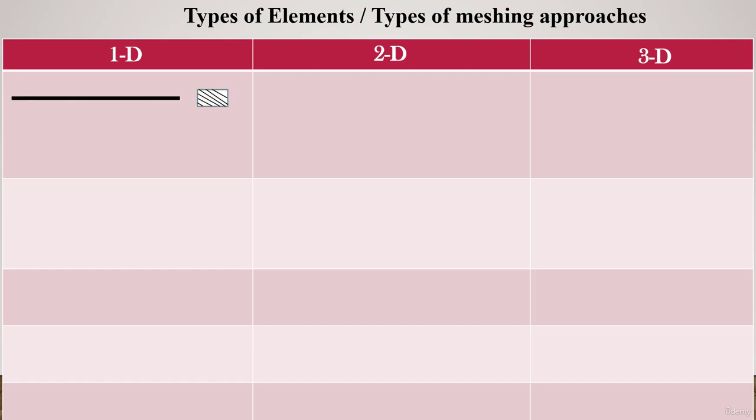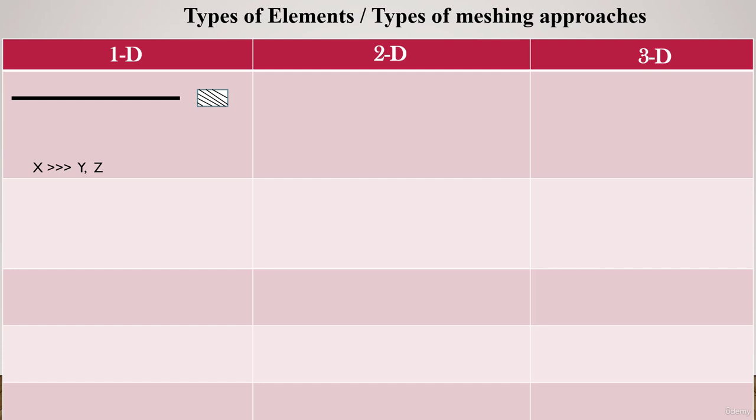Generally, whenever we have one dimension very large as compared to the other two dimensions, then we can use 1D meshing. Currently, here you can see a single black line has been drawn and just in front of it there is a rectangular cross section. So basically the length of the beam is very high as compared to its cross section dimension. Then in case of meshing, we just have to define the two nodes. In those two nodes we are going to create a simple line,